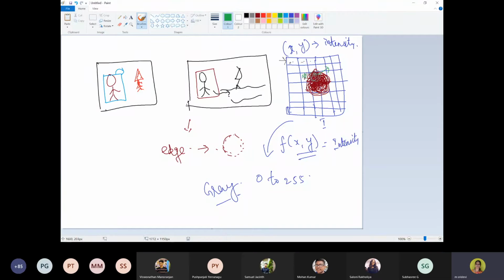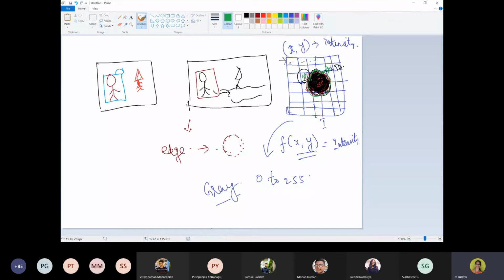This is a black color, so just for understanding I have put red, but let it be black, somewhat 250. You can see this pixel has the intensity value 10 and this pixel has the intensity value of 250. So there is an abrupt change in the intensity value. This forms an edge for an object. So these changing boundaries, or abrupt changes in the intensity, form the edge for the object.